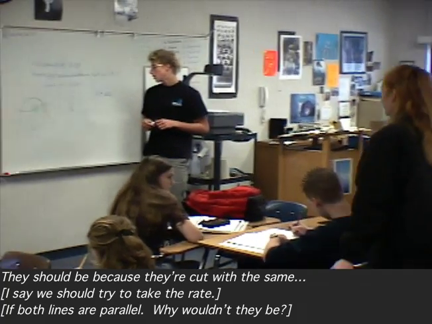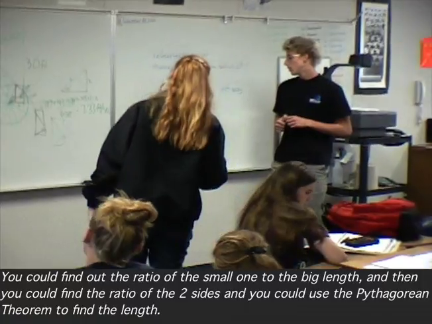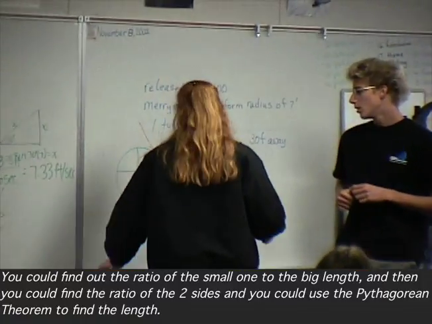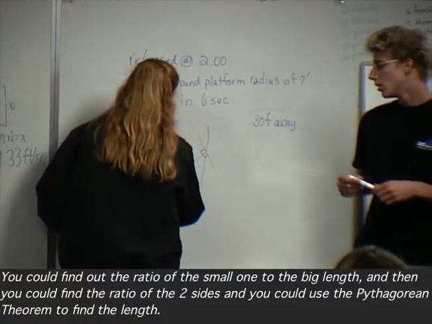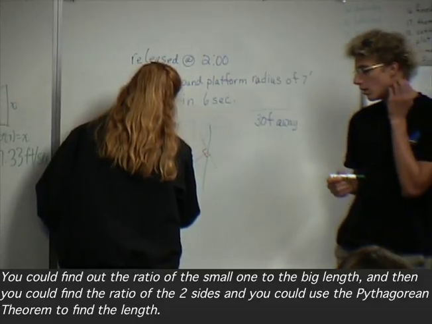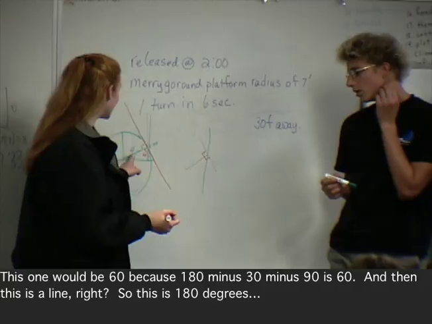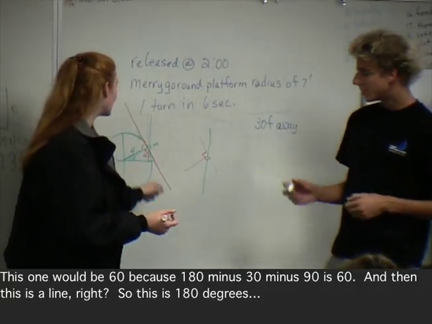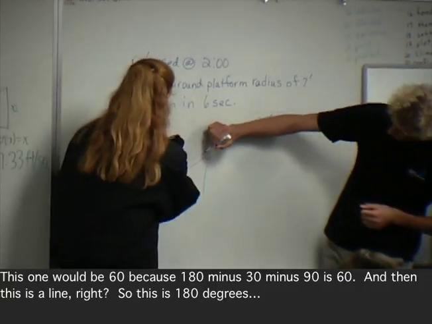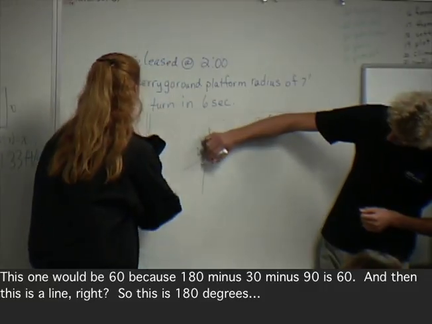So that means you can find the ratio of the small one to the big length, the ratio of the two sides, and you can use the Pythagorean theorem to find the length. This one would be 60, because 180 minus 30 minus 90 is 60. And then this is a line, right? So this is 180 degrees. So you do 180 minus